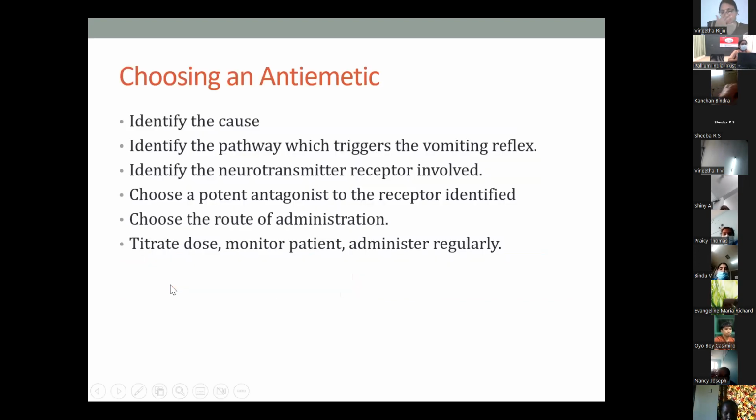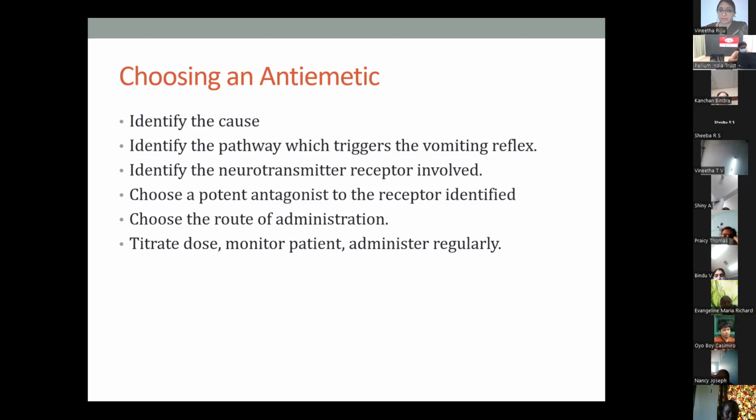Right. So when you choose an antiemetic, how do you choose? You know that this patient has chemically induced nausea and vomiting, because this patient was started on morphine yesterday and is having severe nausea and vomiting. So you want to start your antiemetic. What antiemetic do you choose? How will you give it? How often do you want to give it? Do you want to give IV? Do you want to give an oral antiemetic? How do you decide that?